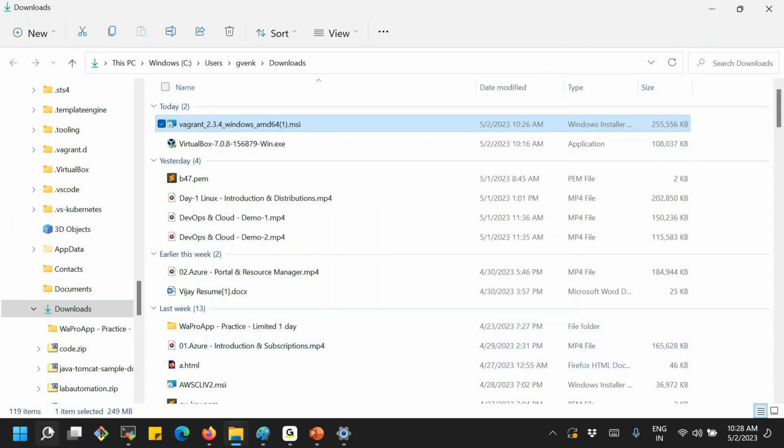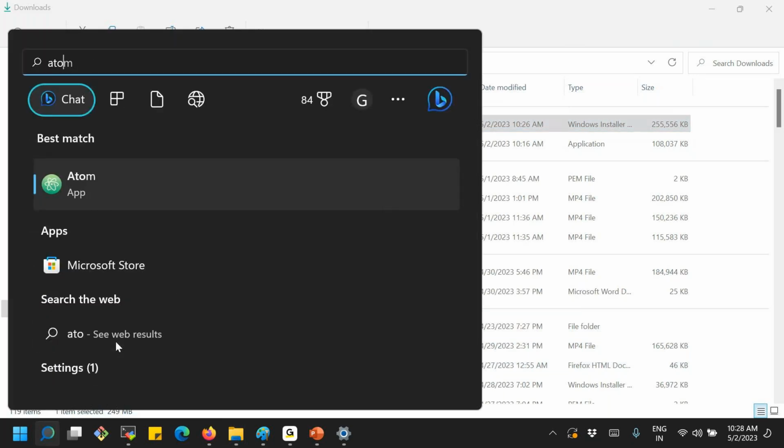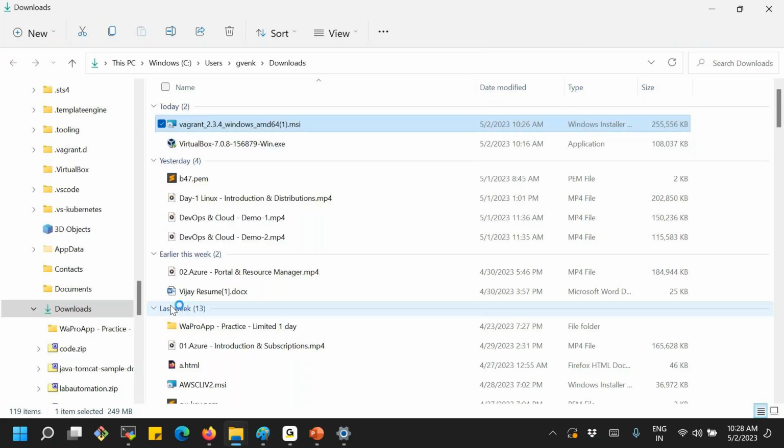So what are the steps we are doing there? What are the software we have installed? Yes, one is VirtualBox and the second one is Vagrant.